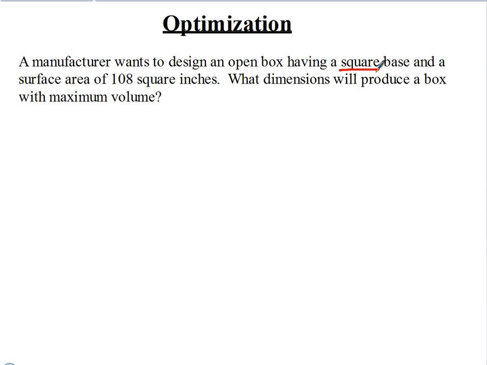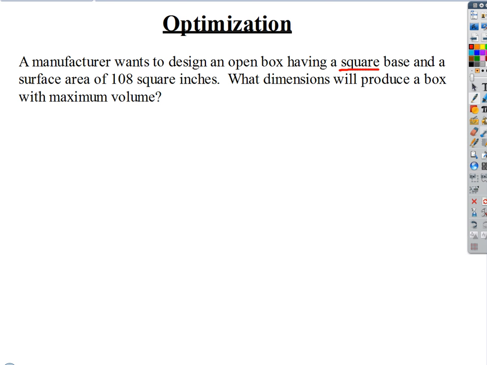Now, without calculus, you're at a loss here because there's really not a way to do this. You could just try a bunch of numbers and see what works, but how do you know if you ever get to one that's actually the biggest? Calculus, however, allows us to pinpoint the exact height of this box that's going to maximize volume. It's probably not surprising if you think about what we just did in calculus with our tables and our curve sketching. What we really did was